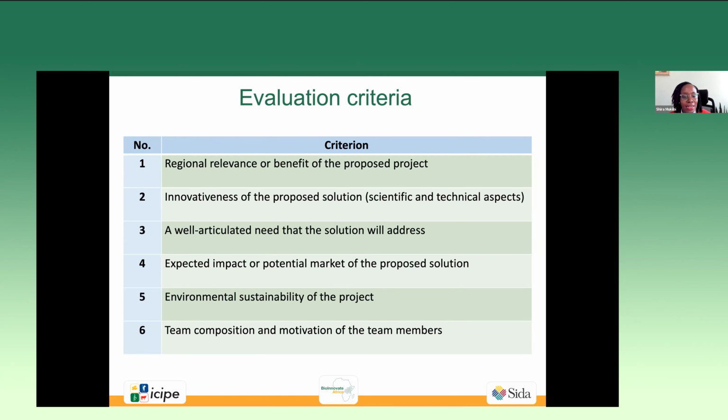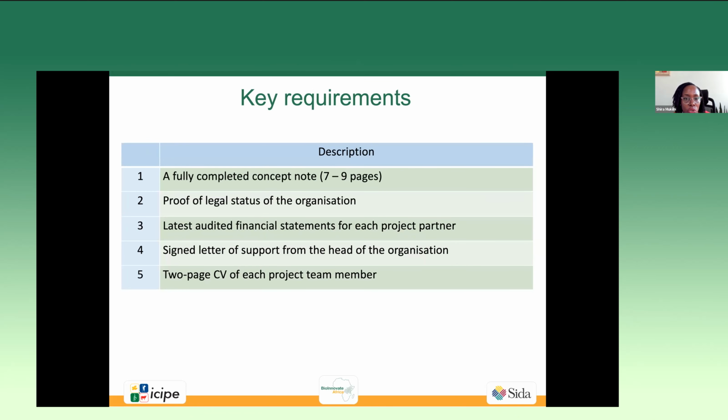A well-articulated need that the solution will address, and then the expected impact, and so on and so forth. So with regard to the requirements, these are important documents that you should or must upload as part of your application. Your full completed concept note, which should be a maximum of 9 pages, and then proof of the legal status of the organization. This may include the certificate of registration and incorporation, statute, if it's a university, a gazette,